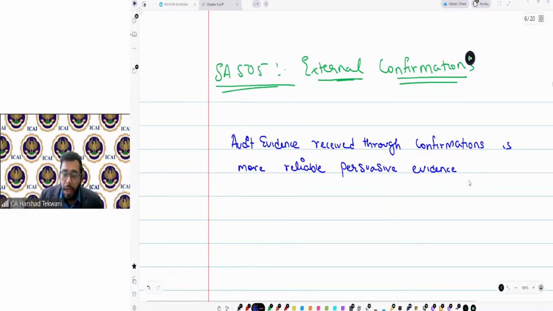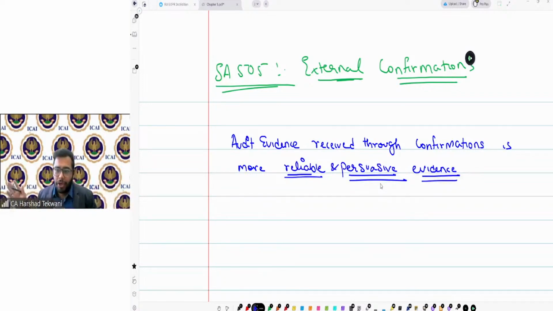Now, this particular point, more reliable and persuasive evidence that I need, is something we need to focus upon throughout the session. That will be the triggering point for us. Now I'll tell you why.